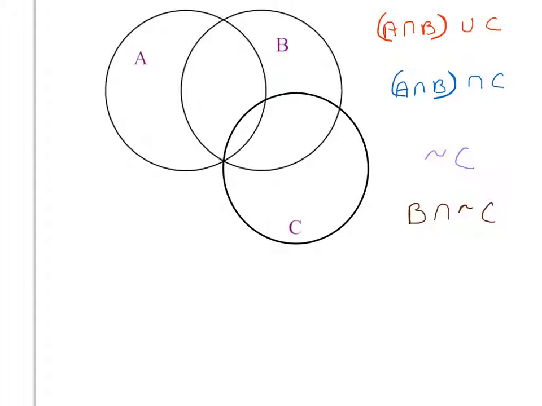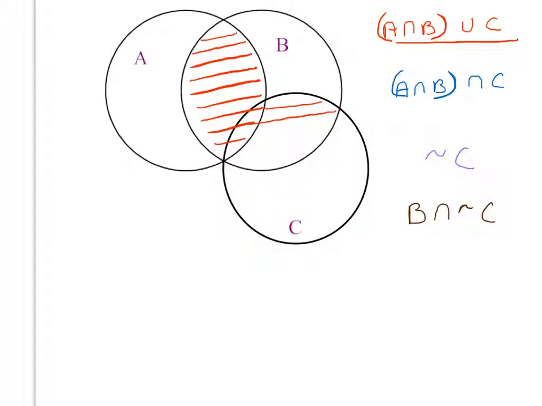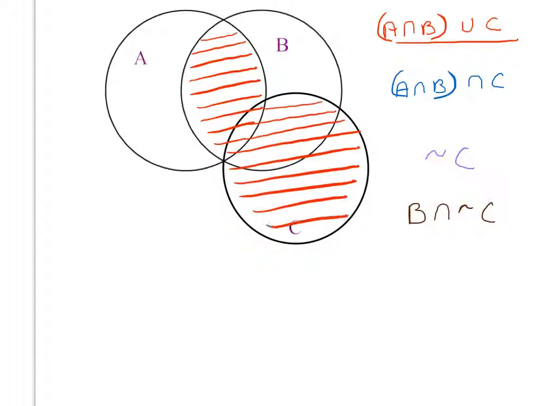So let's start with the red one up here, A intersect B union C. First of all, A intersect B is what's common to both A and B, which would be this part right here. And union C means we also want to include all of C. A little piece of that was already in C, but I'm just going to go ahead and add everything else that's in C, and that would represent A intersect B, union C. Now I'm going to go ahead and erase that,